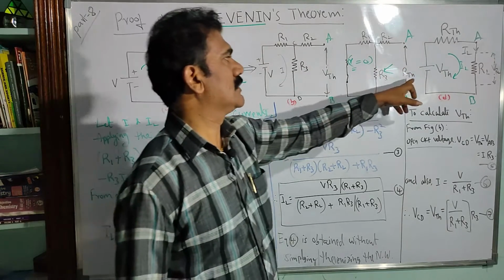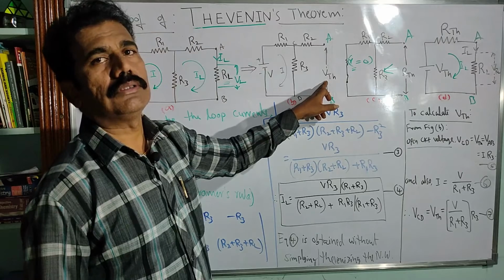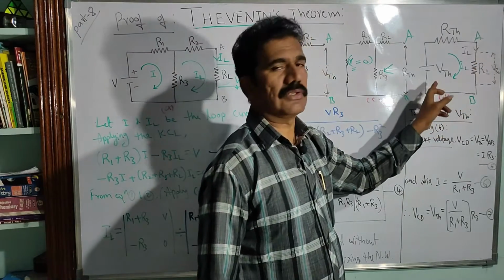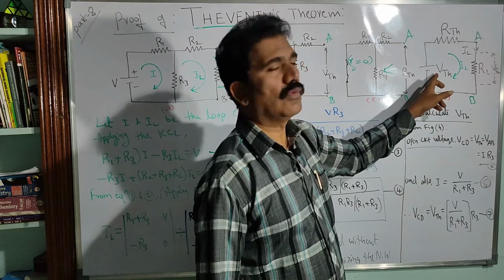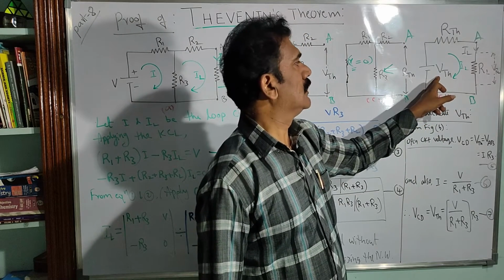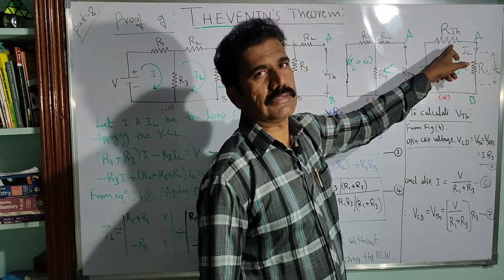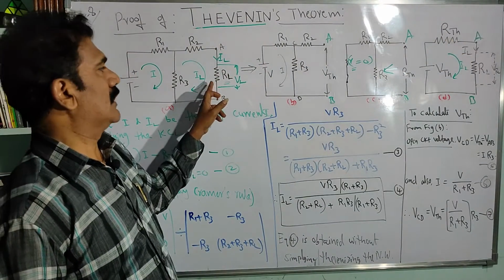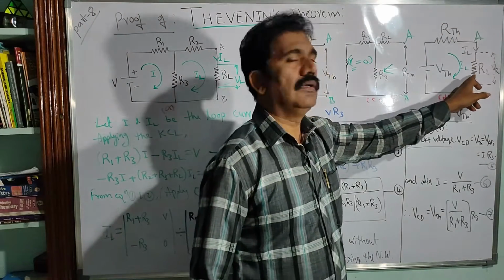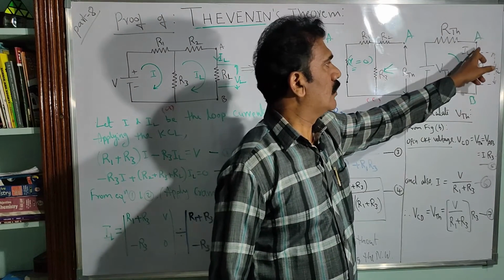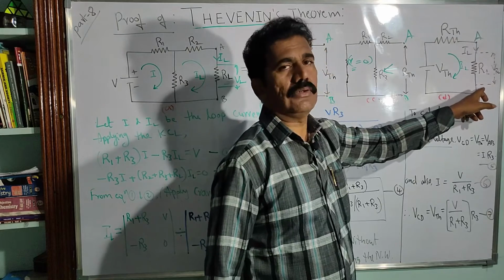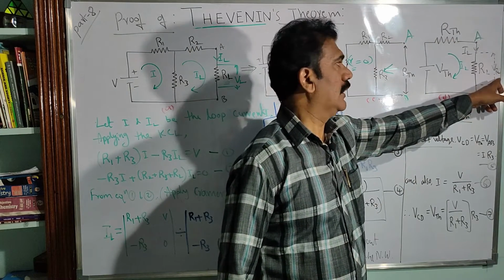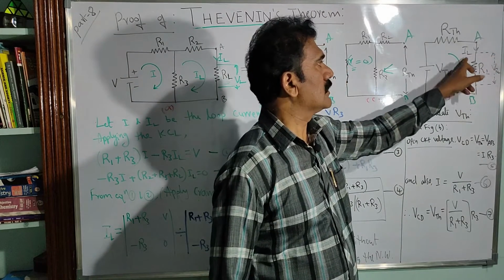And with the help of Thevenin's resistance and by knowing the Thevenin's voltage across the terminals A and B, we can design the Thevenized circuit, in which only one voltage source, that is Thevenin's voltage, is connected in series with the Thevenin's resistance. The load resistor removed in the first step is connected back into the last circuit, so that whatever voltage we measure across the load resistor is called VRL, the voltage across the load resistor VRL, and the current through the resistor RL is IL.